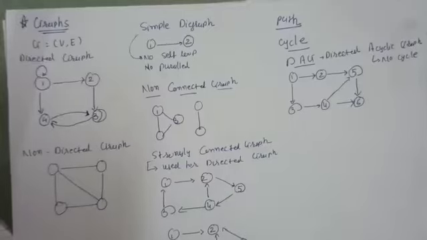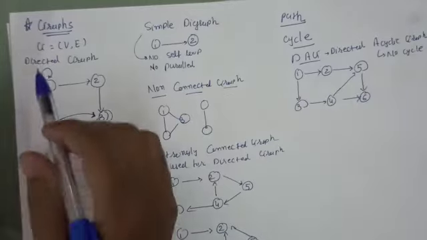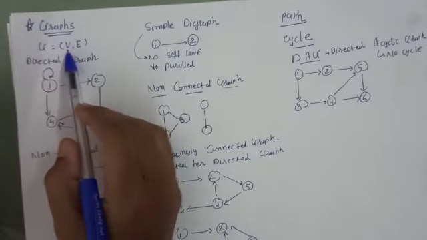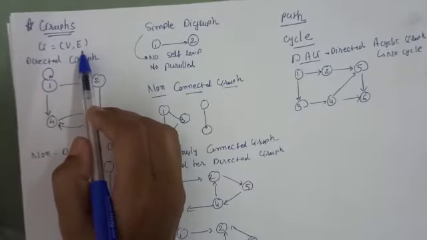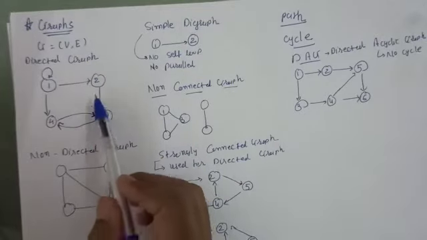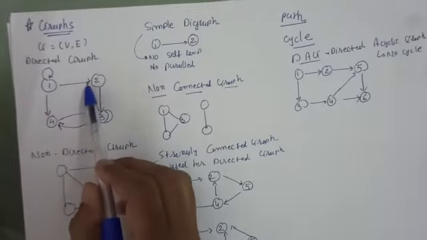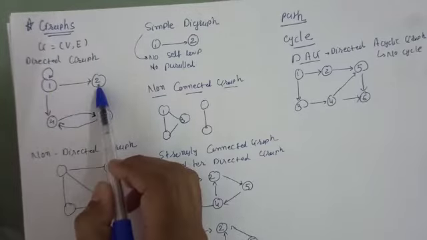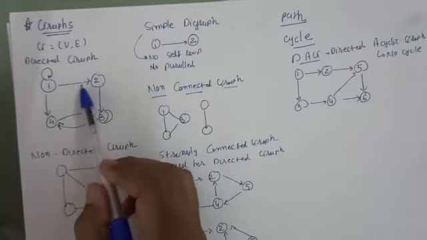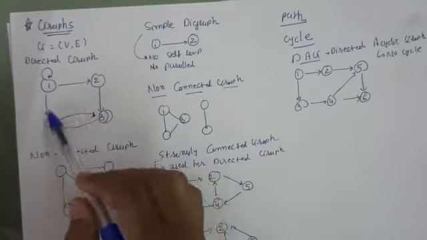In this video we will discuss the graph data structure. Like a tree, a graph is a non-linear data structure, and you can define a graph as a set of vertices and a set of edges. See, these are the vertices, also called nodes, and this arrow from one vertex to another vertex is called an edge.